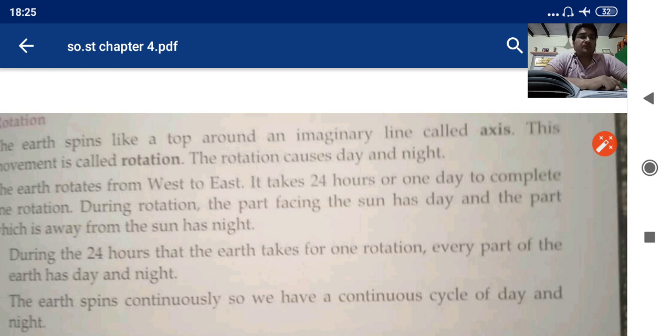During rotation, the part facing the sun has day and the part which is away from the sun has night. So the thing it is saying,